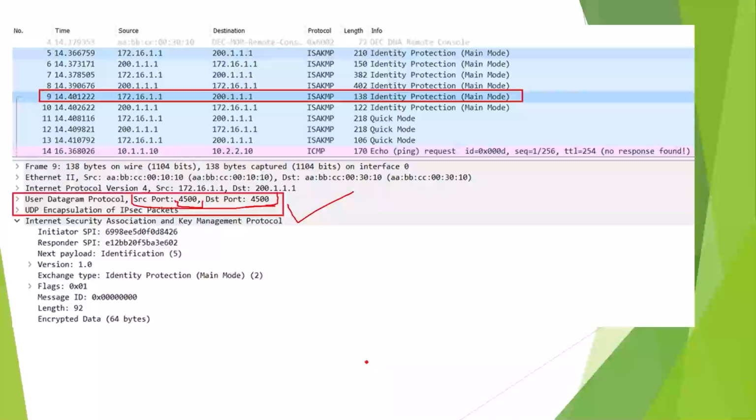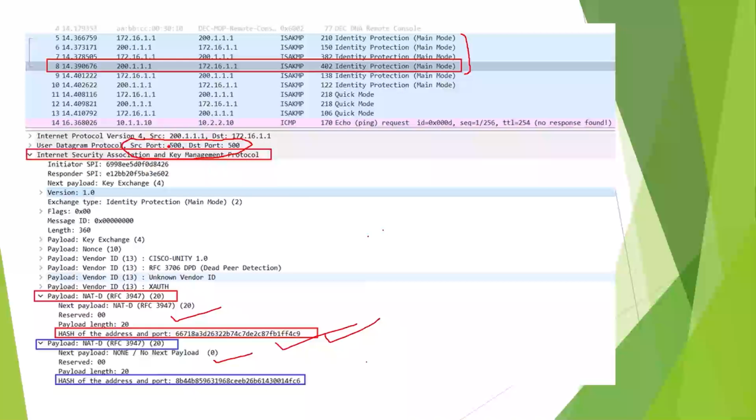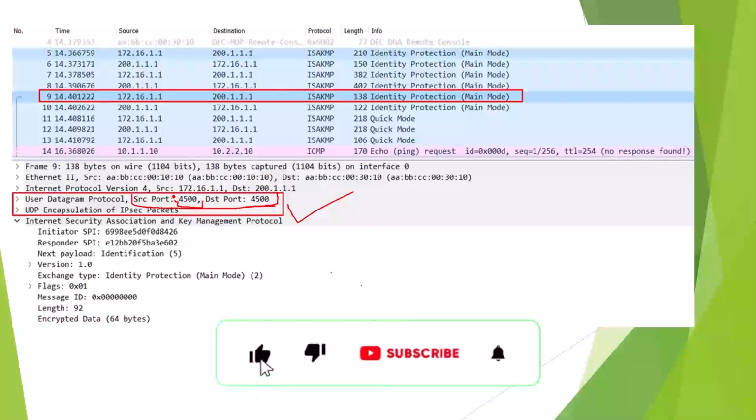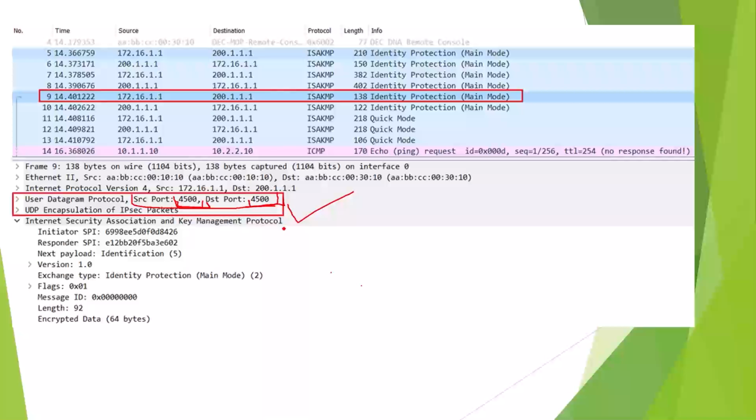When it is confirmed that there is a NAT device in between, then what would happen is it would change the port number that was used previously to a NAT traversal port number. If you look at the previous screen, you see that the source port and destination port is 500 from the beginning of the first message till this fourth one. So it remains port number 500. But once this NAT is detected, that means a NAT device is there, this port number is changed to the NAT traversal port number. That means port number 4500 for both the source port and the destination port. Once this changes, that means there was a NAT device, and to counter that, we have changed to the NAT traversal port number 4500 instead of using the regular port number 500.